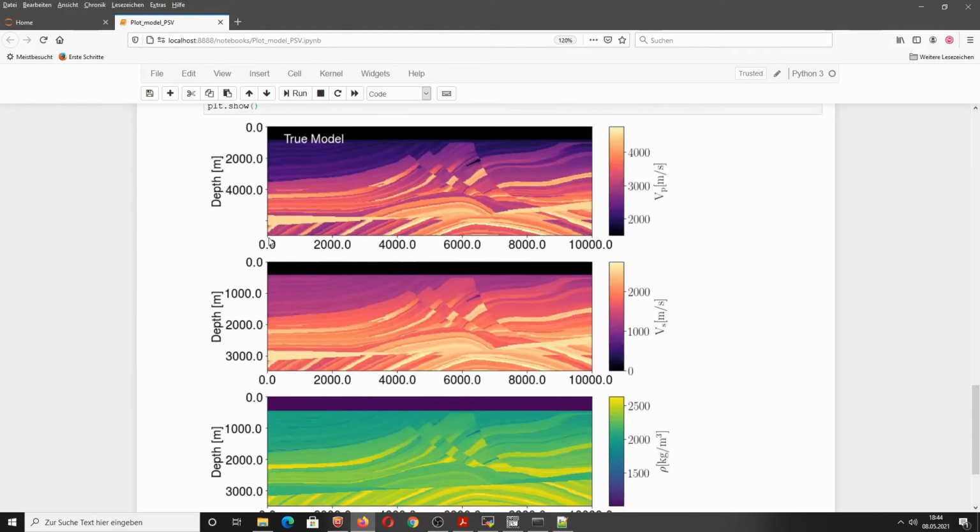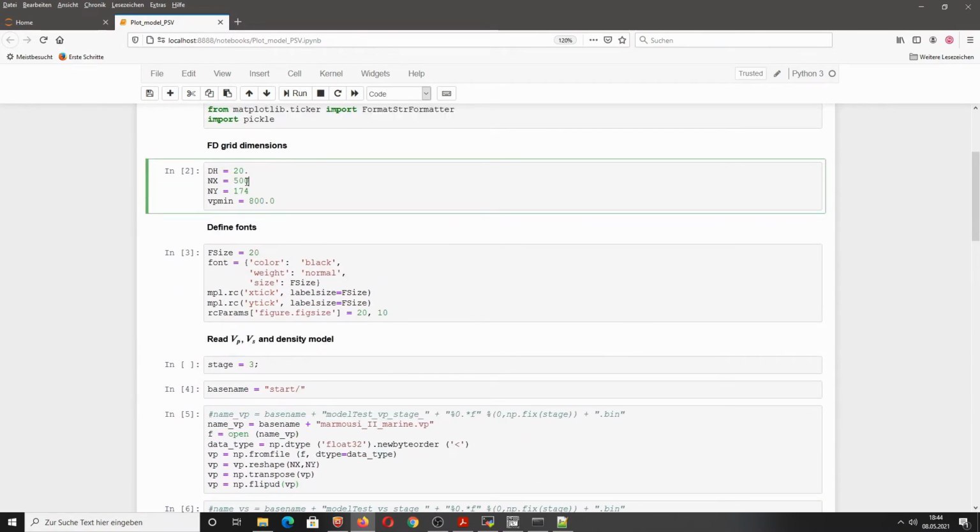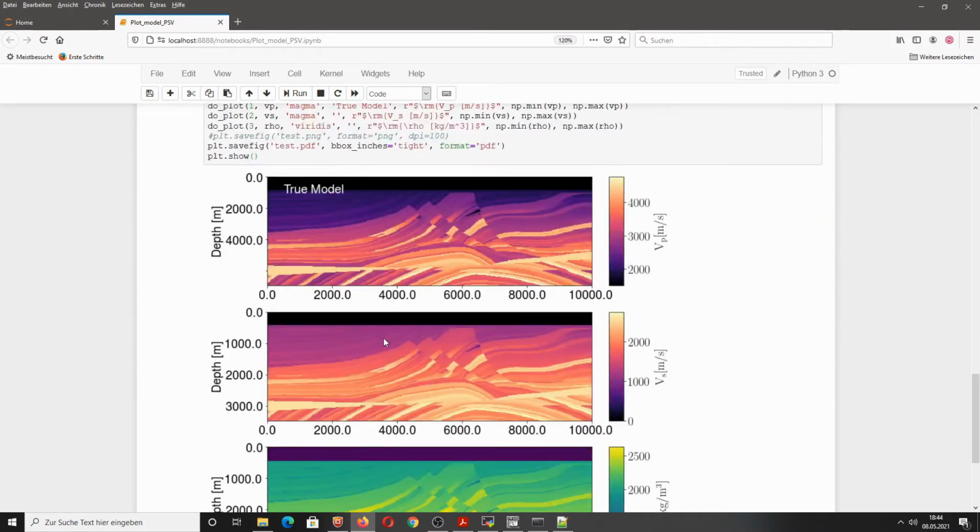Of course, you now also have to check if the extension of the model is correct, so if the DH is actually correct, the spatial grid point distance between the different models.